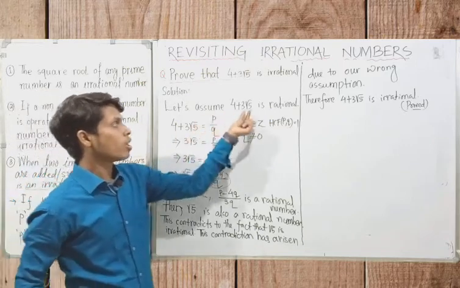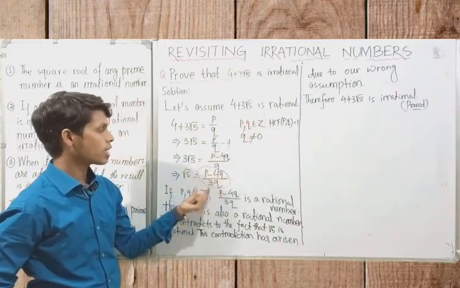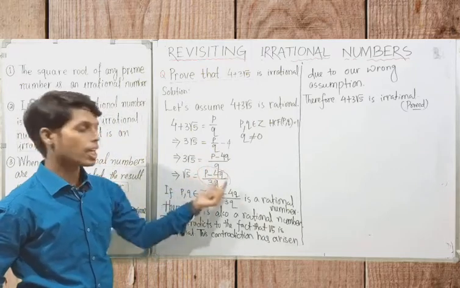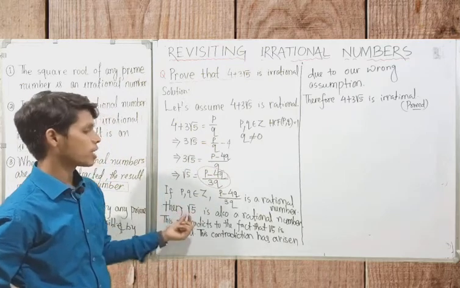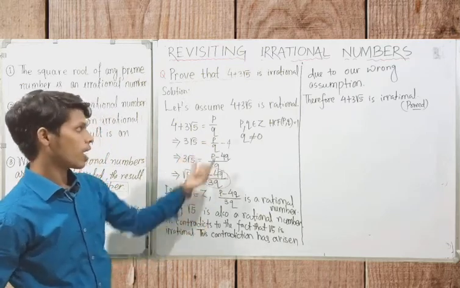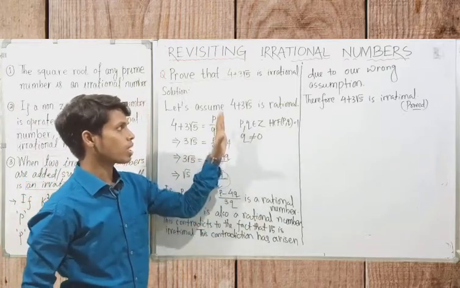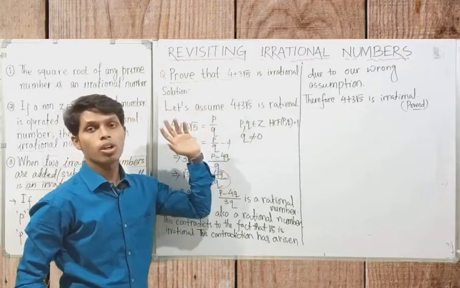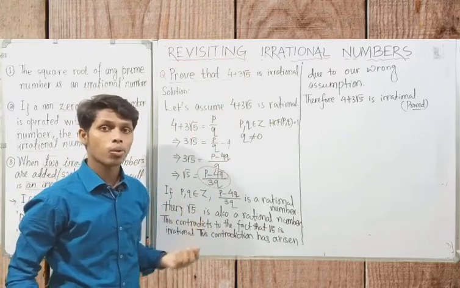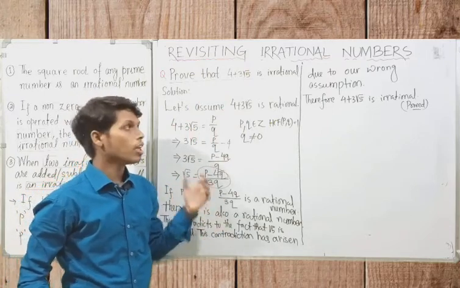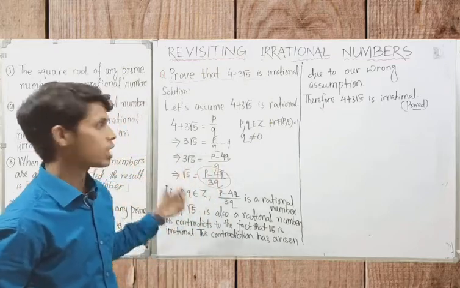Always you need to find out the root of the prime number. Then you will get a fraction where only p and q integers are involved, and then you have to write this same process, just replace the square root of the prime number in the question. So by following these steps you can prove how 4 plus 3 root 5, or 3 plus 2 root 7, or 1 by root 8, or 1 by root 3, or root 3 plus 5 root 3 minus 8, you can prove all those as irrational.